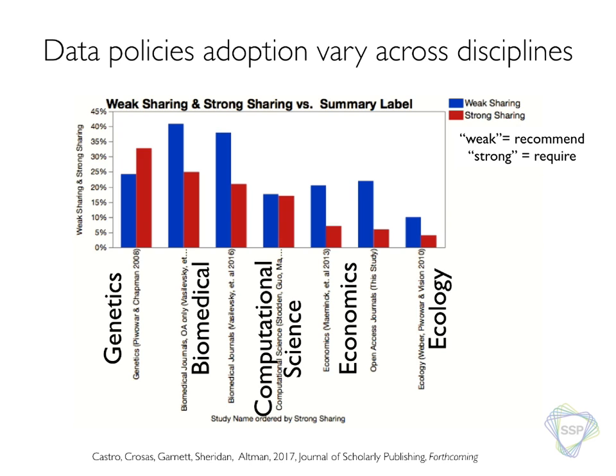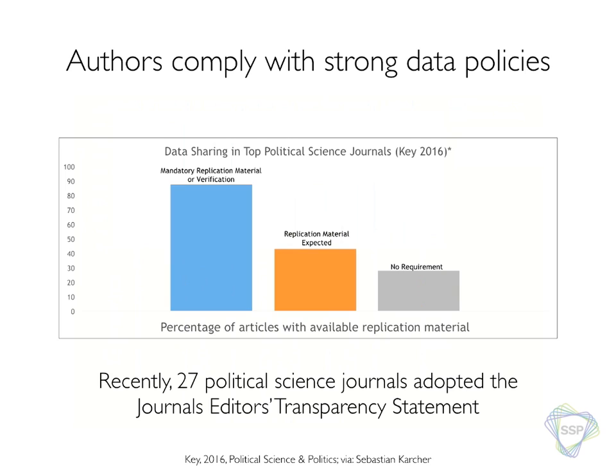Computational science is sort of behind that, at 15-20% of the journals that provide this. These are all from different papers that looked at what was happening in that community. The economics community also has some data policies, but they are not very strong, and the strong is only at 5% or so. And you see also the example of ecology. This is not all the disciplines, but just an example of how it varies and how the biomedical community has been in front of that.